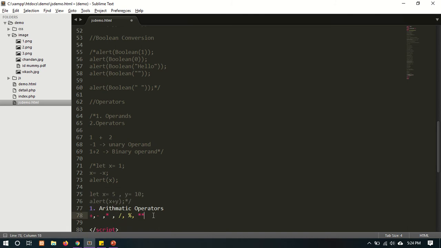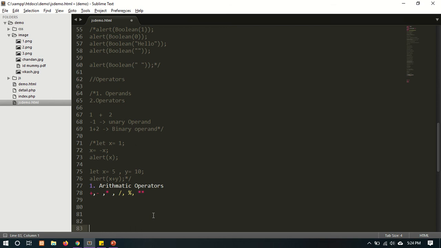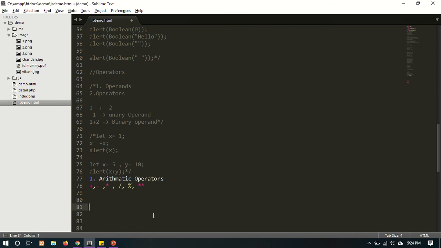Okay, let's take one example. Just copy the same thing here, Control C, Control V. Let's remove this.